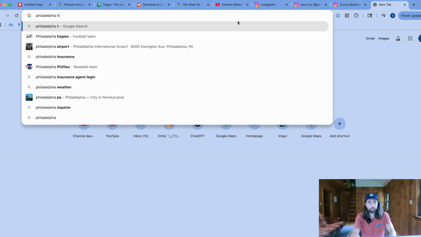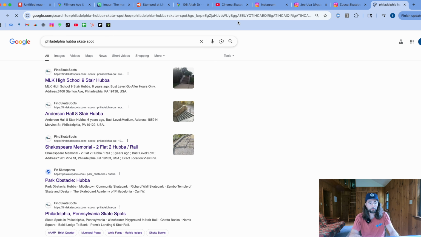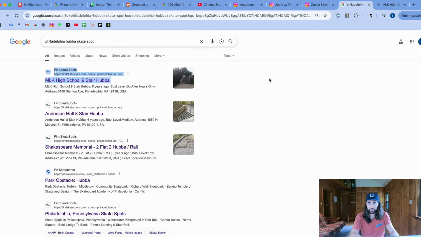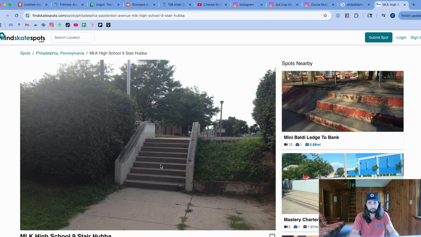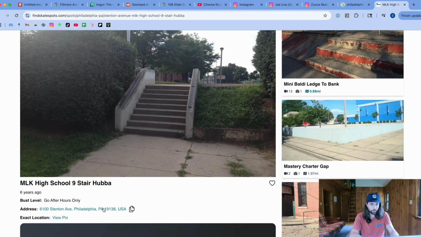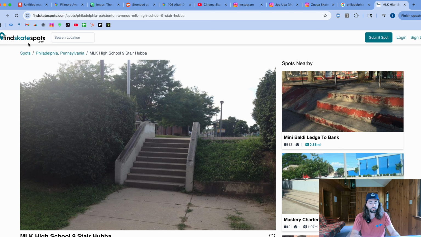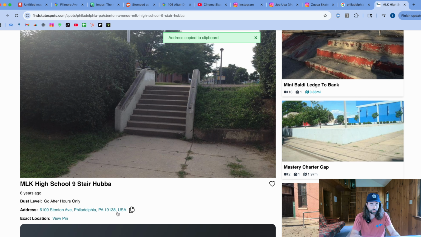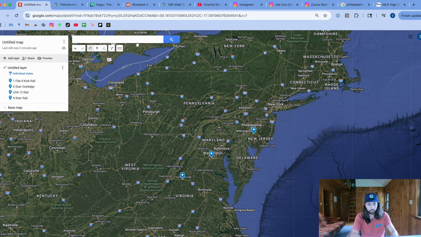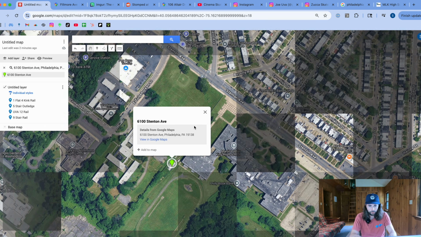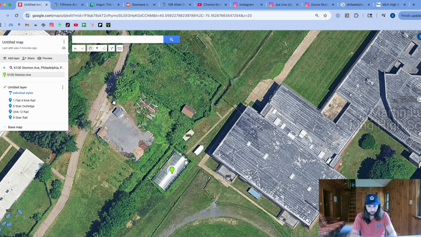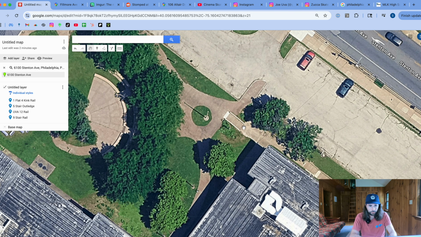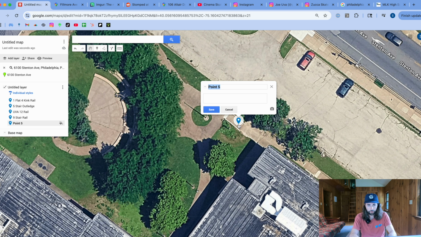Philadelphia Hubba skate spot. And lo and behold, because it is a famous spot, not only do you get 3 Hubbas, but that's gonna be your first result here. So then you've got this website, Find Skate Spots. I will talk about that in the video of active spot searching, which will be in the future. But you can go ahead and just copy this address and throw it into your map. And that pin is not quite in the right spot, but the Hubba is right here. And so I will pin it, MLK Hubba,